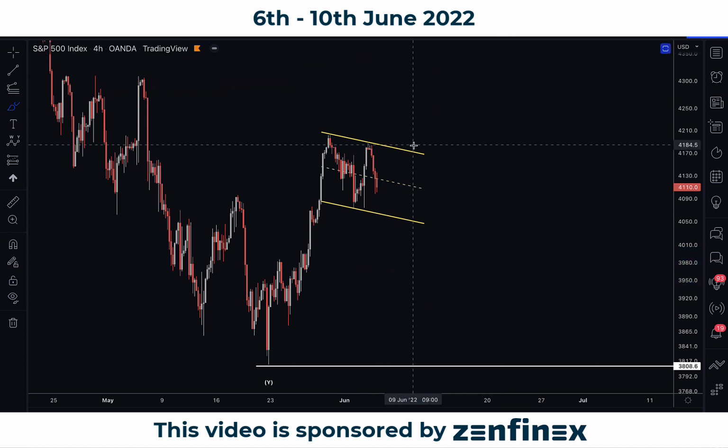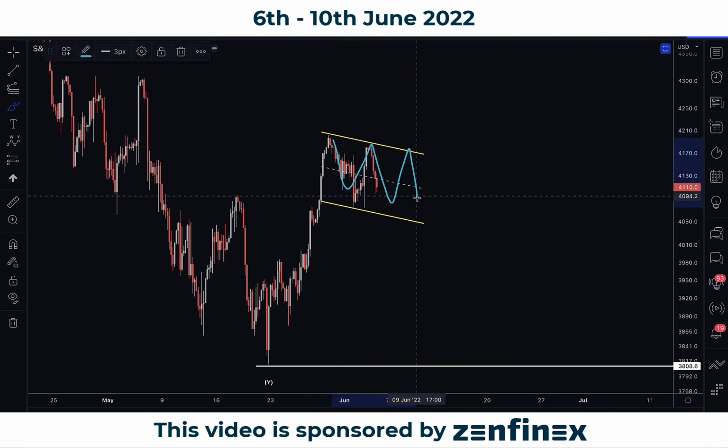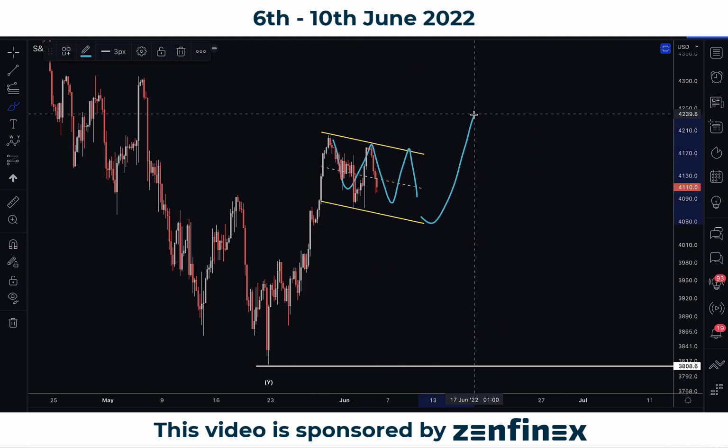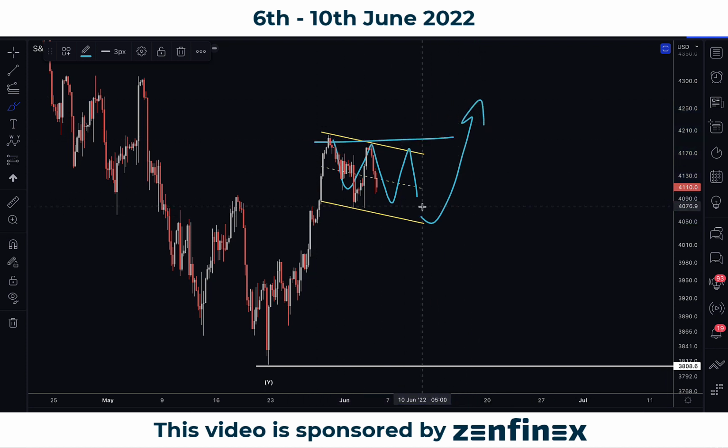Overall, if it's just going to be consolidating like that, you might want to start focusing on buy opportunities. Whether it's going to be a breakout trade or a decent retracement really depends on your strategy. But for those of you who are trading indices or looking at investment, do start to pay a little bit more attention to the equities market, because this week an opportunity might present itself.